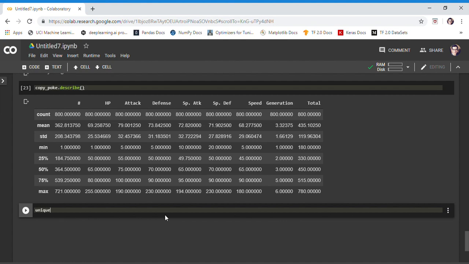So we'll just call it unique poke, for unique Pokemon. And then you're just gonna type in copy poke, and then we're gonna capture the total, or not the total, the type. So we want to save those. And then this is pretty cool. So right here,